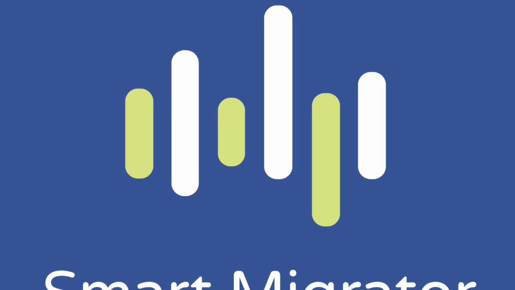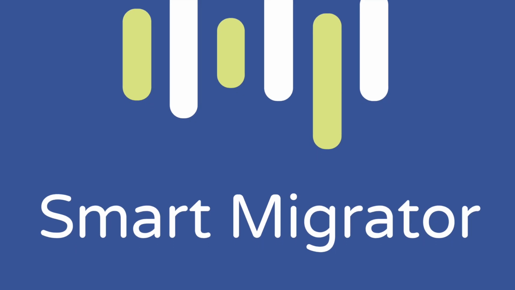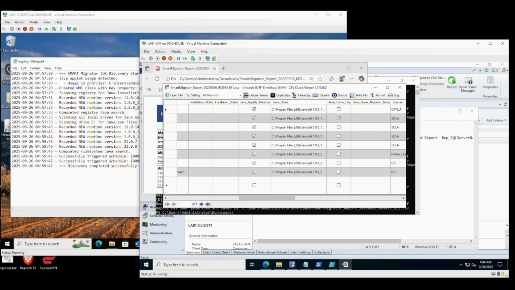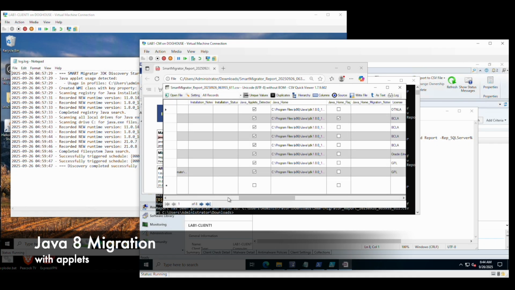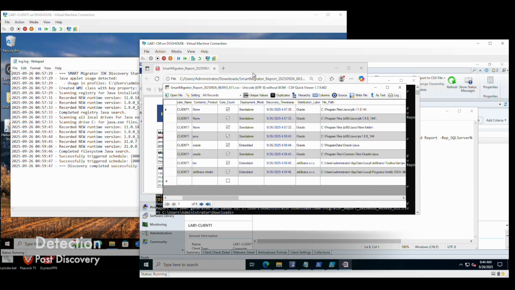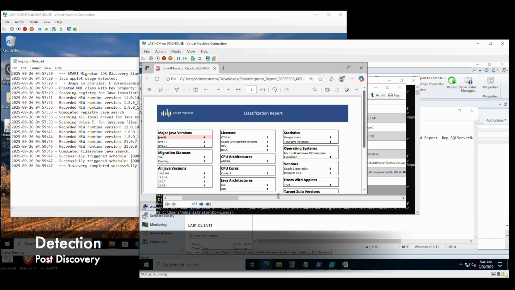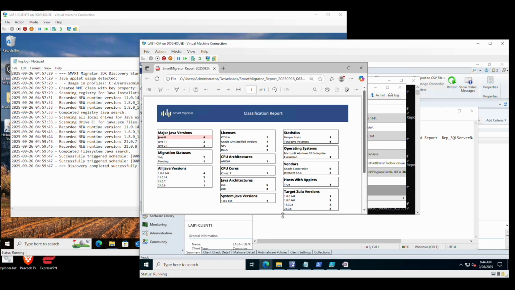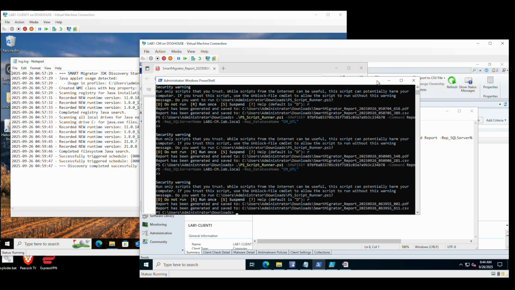Welcome to the Smart Migrator demonstration of Java 8 migration using Applets. To begin with, we're going to assume that discovery has already been run on the client machine. This produces a detailed report that can be presented to the client identifying Java 8 versions and that applets were